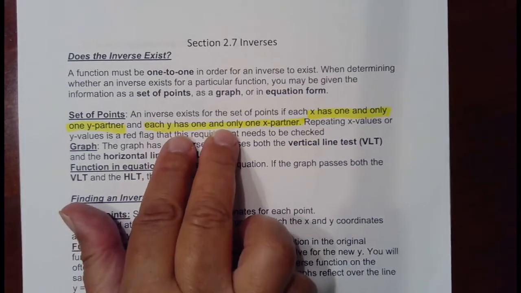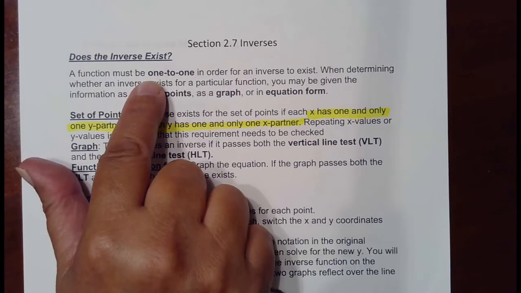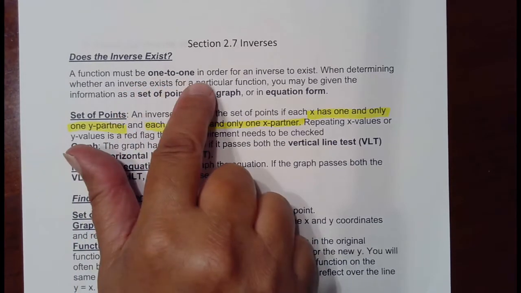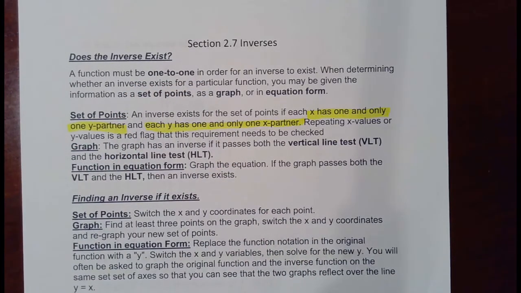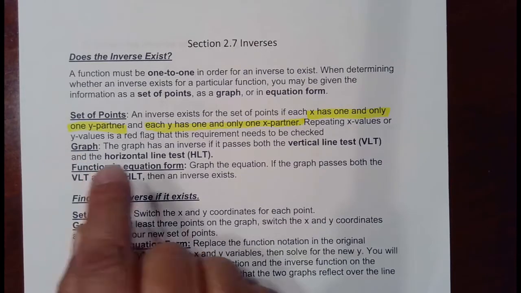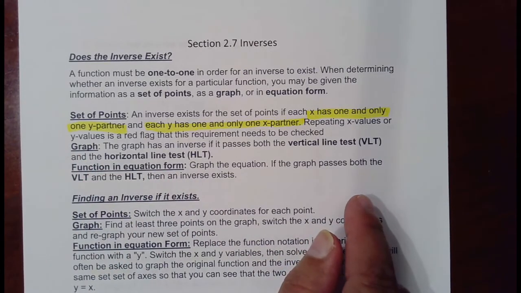So this requirement, which is the definition of a one-to-one function, has to exist before you can go and find an inverse. That's like your permission to go and find the inverse, because then and only then does it exist. If you're given a graph and you don't have a distinct set of ordered pairs to look at,